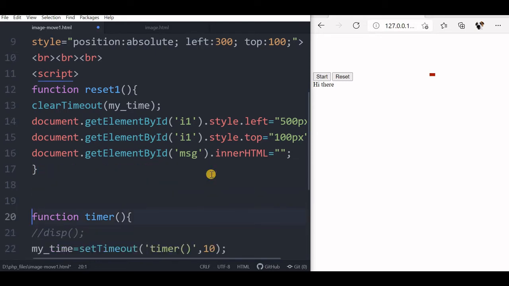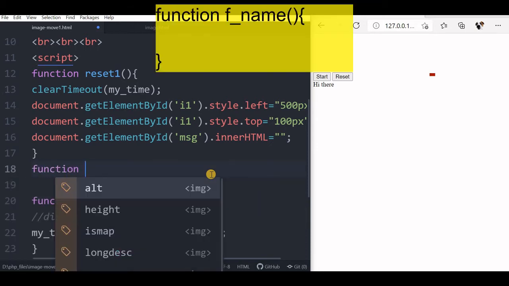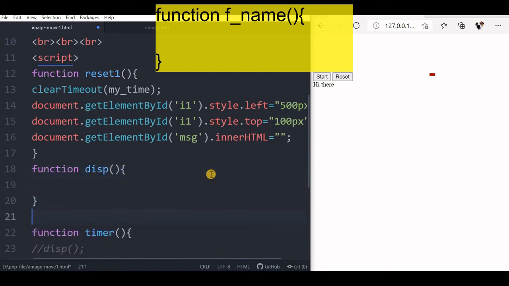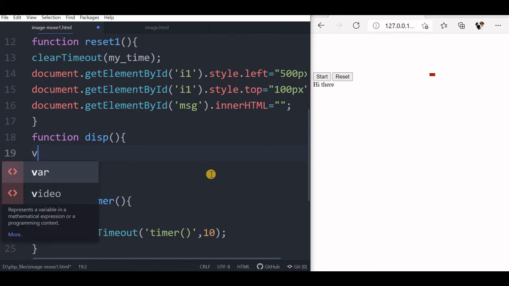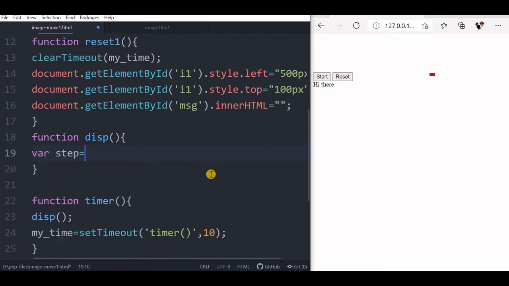Timer is there. Now the main one, display. So I will say function. Now since I have written it, I can remove the comment from here. So function display. Inside this I will write the code to move it. So I'll say first the step, the number of steps each movement will have.